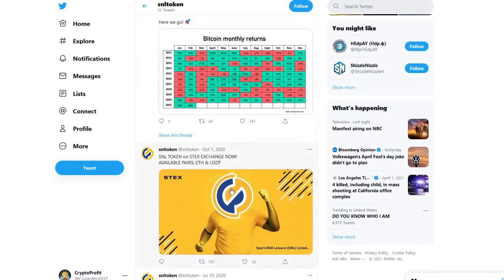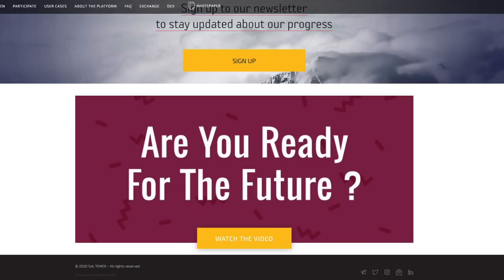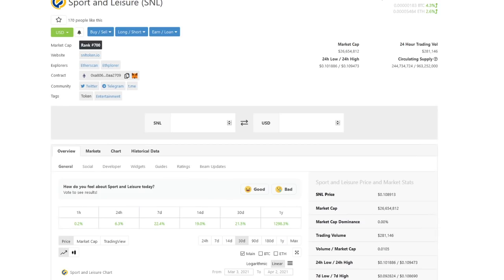SNL token on SDX exchange now. Available pairs, ETH and USDT. So that's 2020. So SNL, I'd be careful with this one. Actually, they haven't done much with the actual social media or website too often or too much. So I would say this is not our